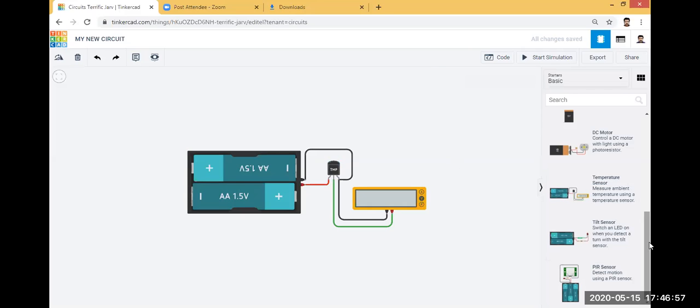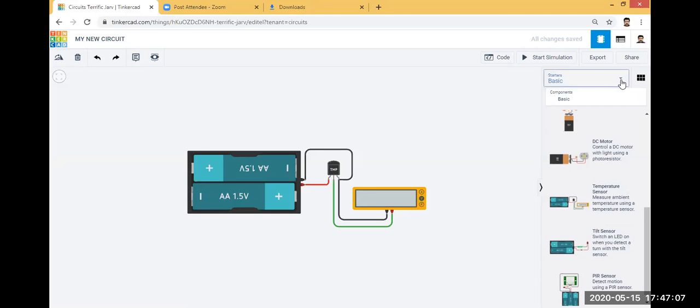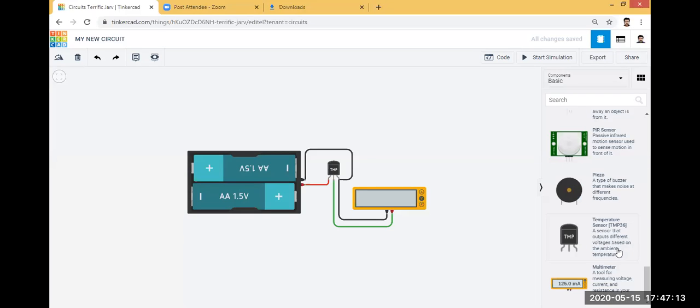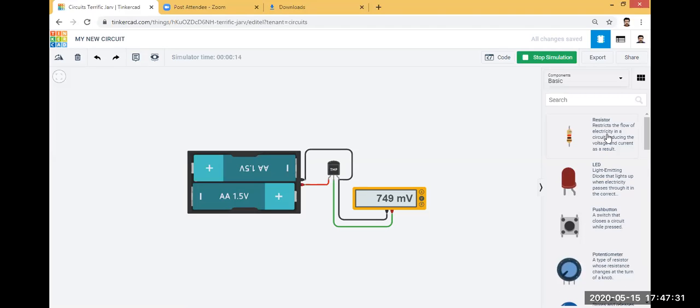When you start the simulation, as I already explained, it is a sensor that outputs different voltages based on the ambient temperature. When I start the simulation, you can see the voltage, 749 millivolts. In this way, you will get the component with its explanation by using this icon.